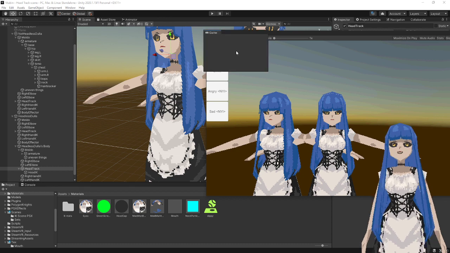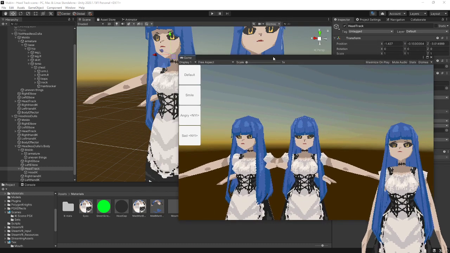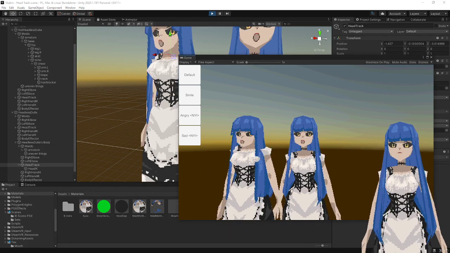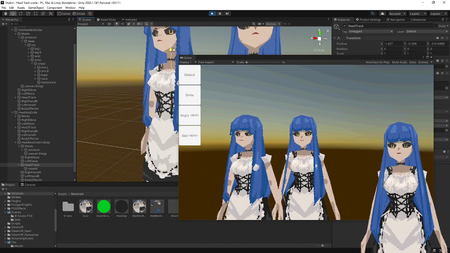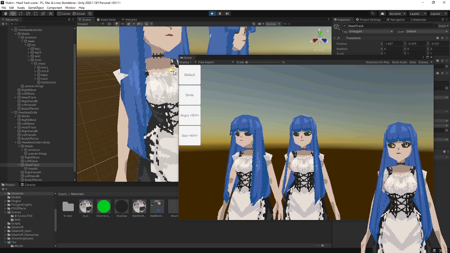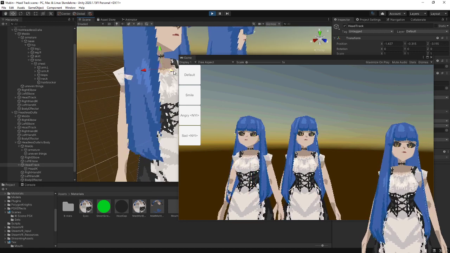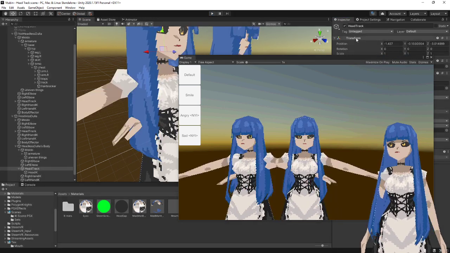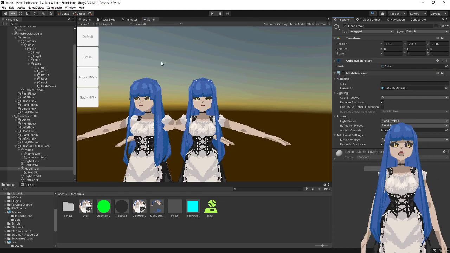Oh, shoot. I forgot to actually save the new position of the head track. So I'm going to have to re-update that. Okay. Transform, copy component, stop the scene, paste the component values, save. Game goes in here. Okay, so